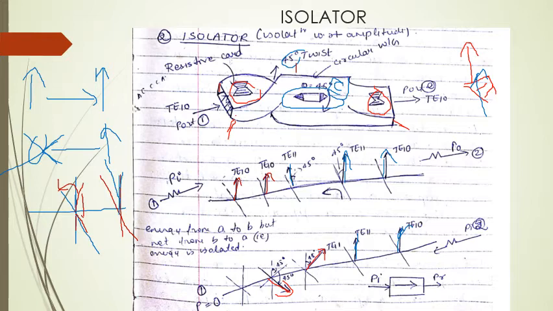Now who is over here? A resistive card. The resistive card, on sensing the signal, finds it is in a direction parallel to the resistive card. The signal will be absorbed. You will not get anything.